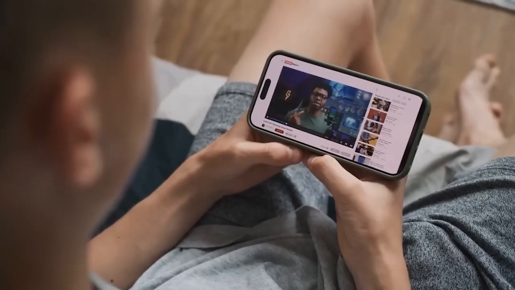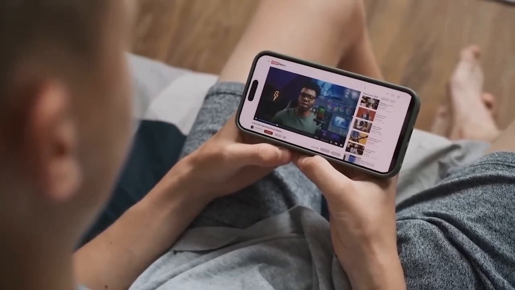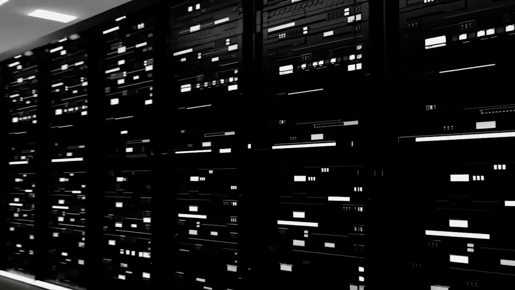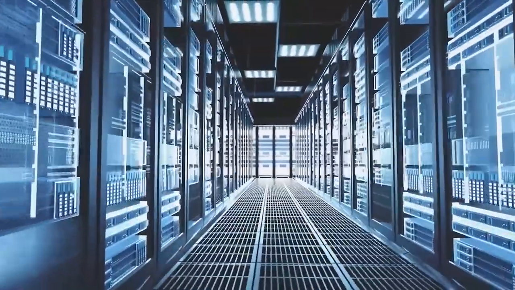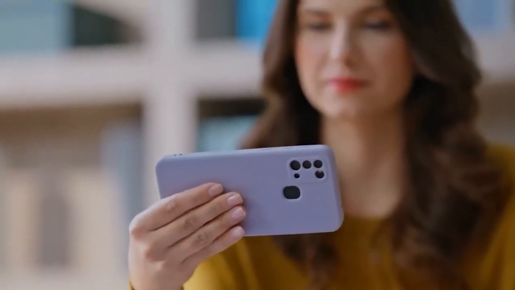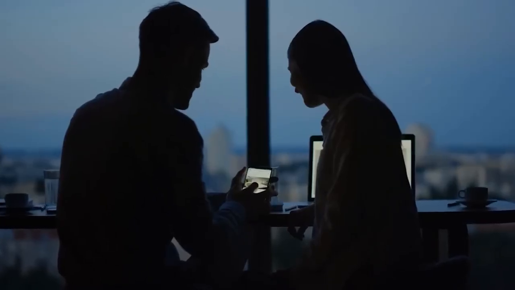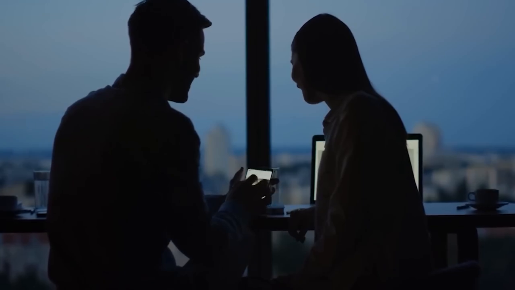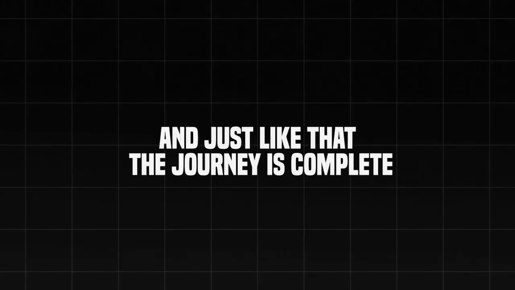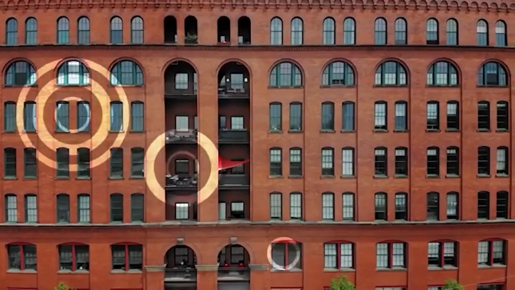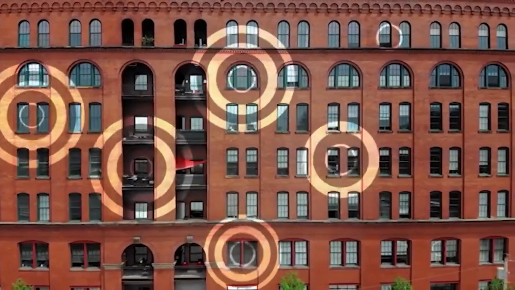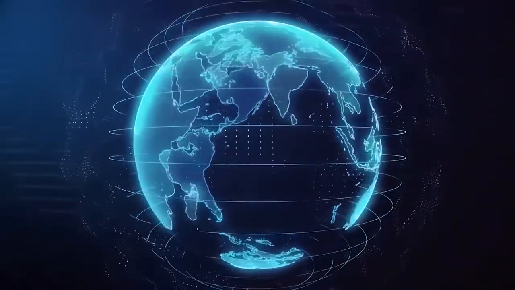Within seconds, maybe a fraction of a second, all the packets have arrived. They've been reassembled. And now your device decodes the data. It takes those packets, turns them back into a video file, processes the video codec, and finally sends the signal to your screen. Pixels light up, colors appear, sound plays through your speakers. And just like that, the journey is complete. From your click to the data center and back. Through routers, undersea cables, servers, and protocols. All in the time it took you to blink. And the craziest part? This is happening billions of times a day, all over the world, right now.